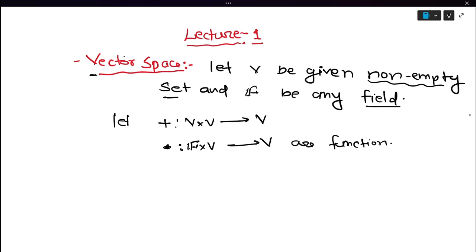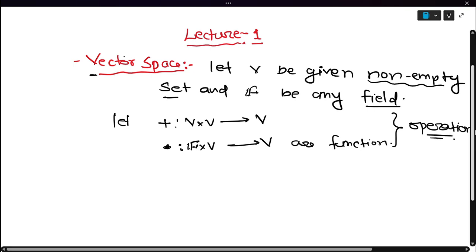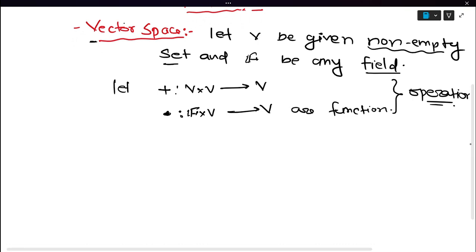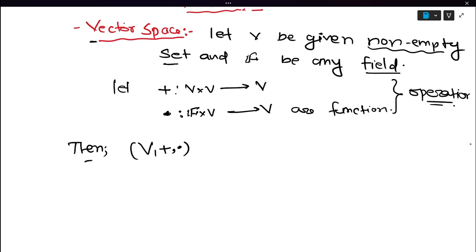Now assume plus is a function from V cross V to V, and dot is also a function from F cross V to V. We will call both functions operations. Then (V, plus, dot) is a vector space